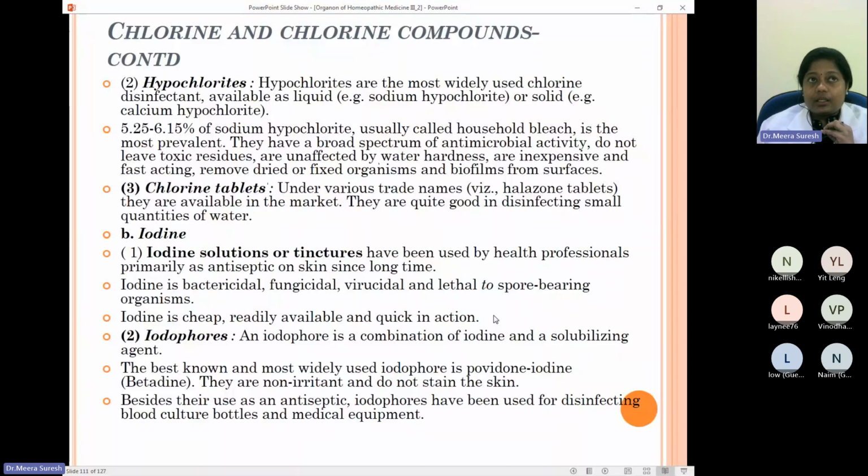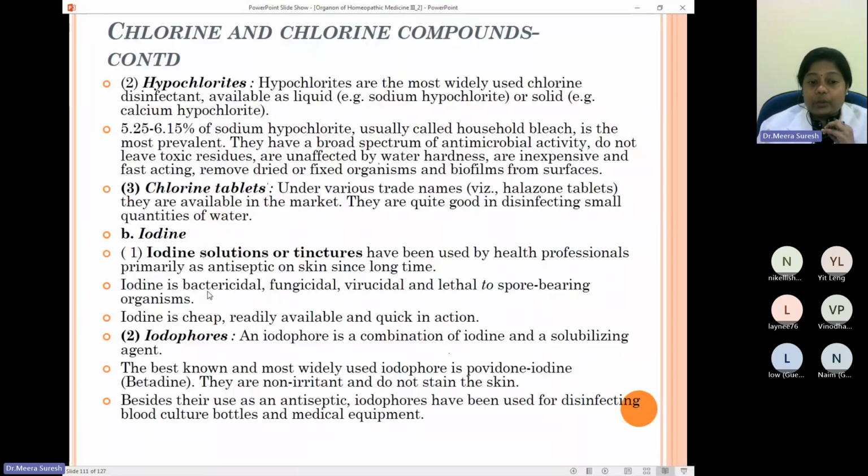One of the main reasons is that it is costly actually. They are saying it is cheap, but when compared to chlorine, iodine is costly. And another thing is that excess iodine consumption can result in thyroid complaints, like hyperthyroidism. So because of these two things, iodine is not used for disinfecting water on a larger scale unless it is